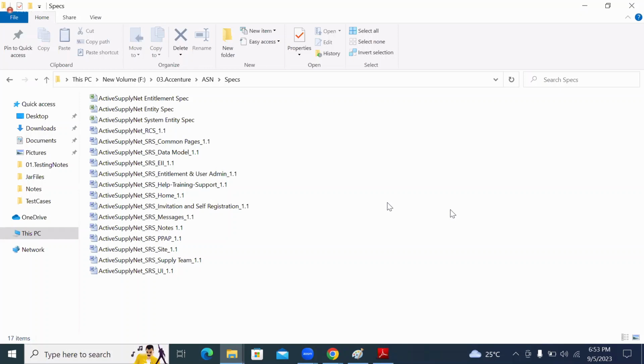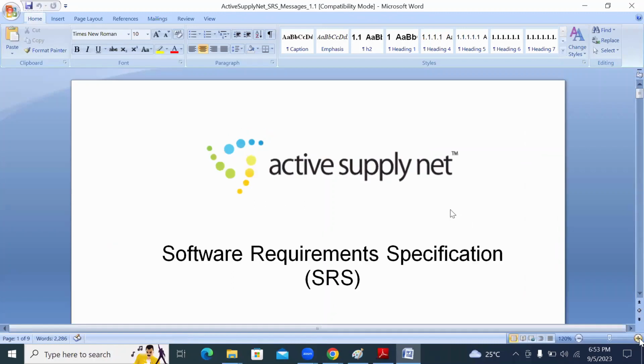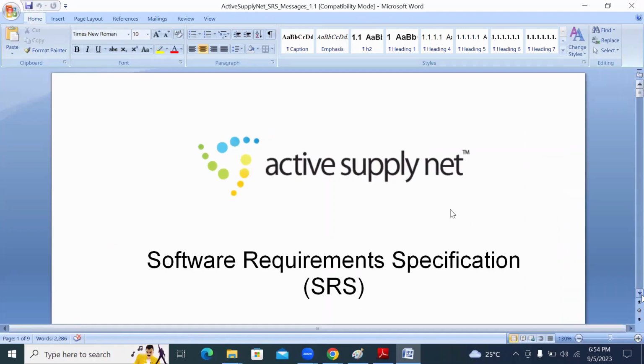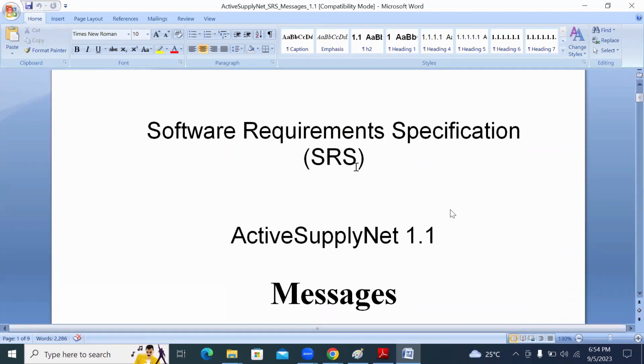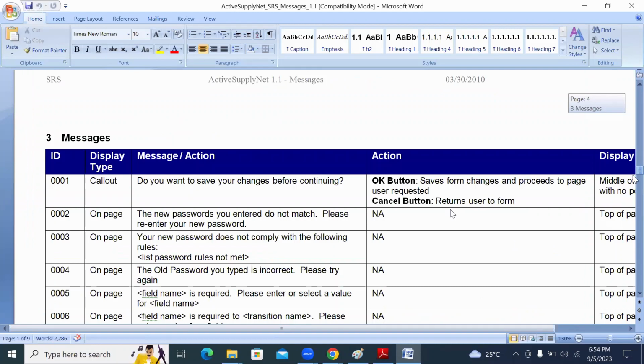Software requirement specification. For example, see this document. See how our client has provided it. Just if we look into this document, this is the SRS document. If I'm taking this SRS document,